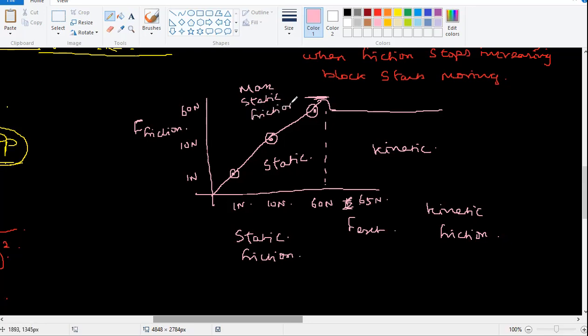Again, as I told you, sometimes we may not be able to give a proper reason for it. Based on the experiments, they come up with these diagrams. So the kinetic friction will be slightly less than the maximum static friction. The static friction will keep on increasing until the maximum static friction. After that, it will become constant. Here I would call it kinetic friction, which I already wrote here. Is this clear? Anybody not following this?